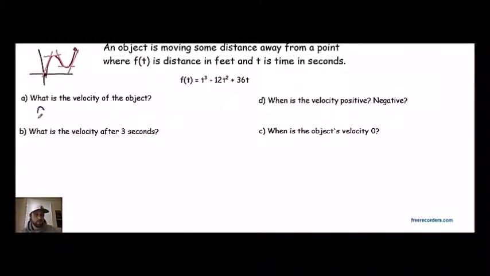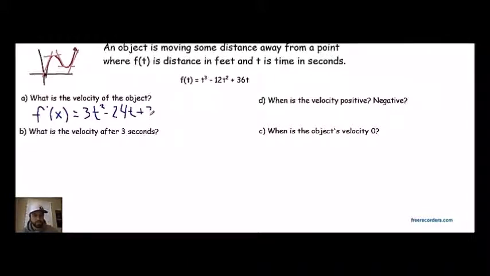So we're just going to go ahead and take the explicit derivative of the function. So we'll do that, f prime of t. If you don't know how to do that, there are lots of other videos that talk about it, but here's a really quick recap. Without all the explanation, you multiply your exponent by the lead coefficient, and then we reduce the power by 1. So this becomes 3t squared minus 24t